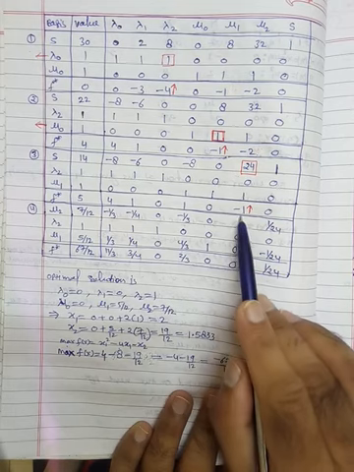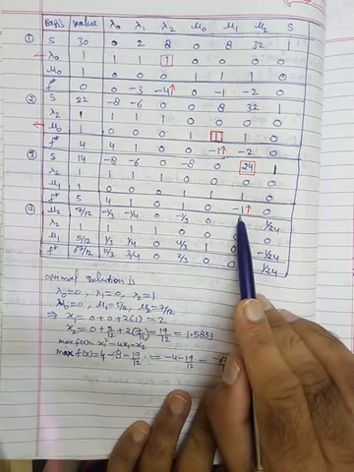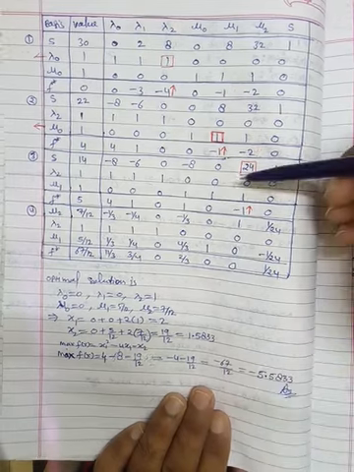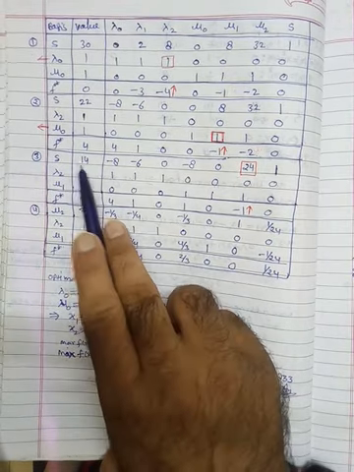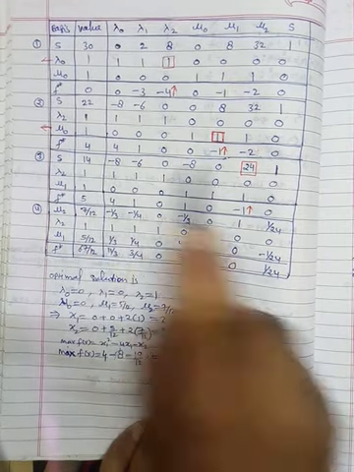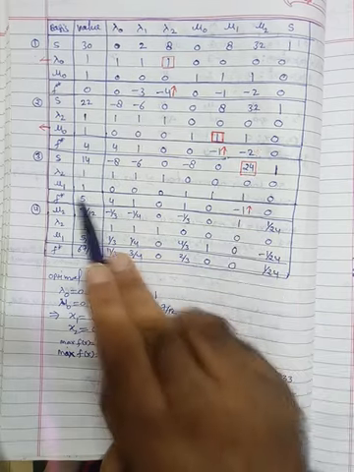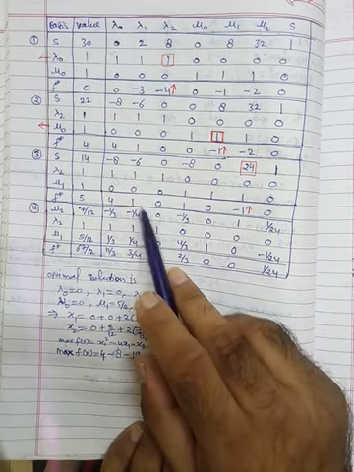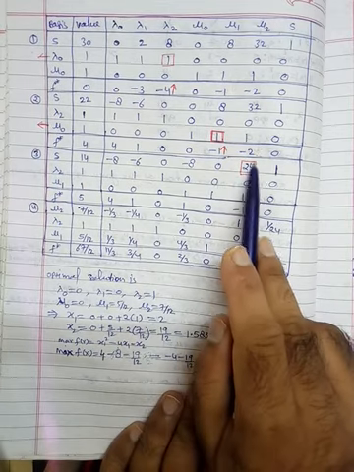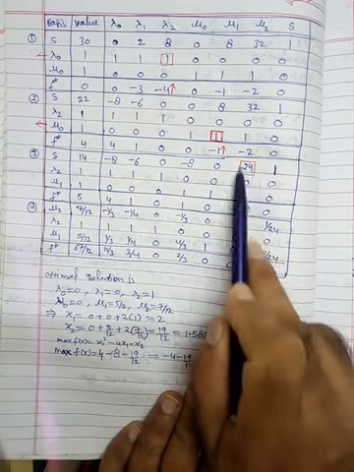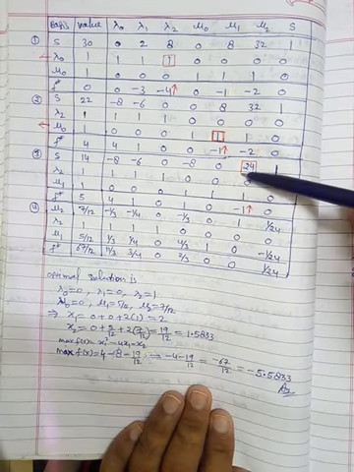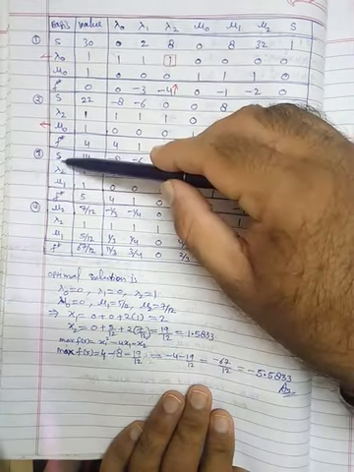Now here -1 is the most negative value, so this will enter the basis, and then according to the minimum ratio criteria, this minimum ratio is 14 divided by 24 and 1 by 1. We will not take 0. Fine, we have to take positive values only. So the minimum ratio will come at this place, and here mu2 will enter the basis. So mu2 will enter the basis here.